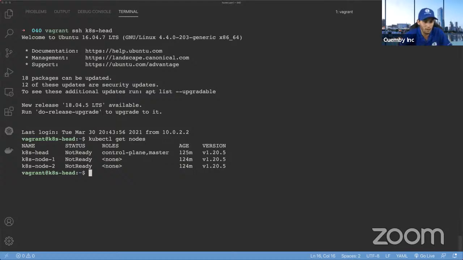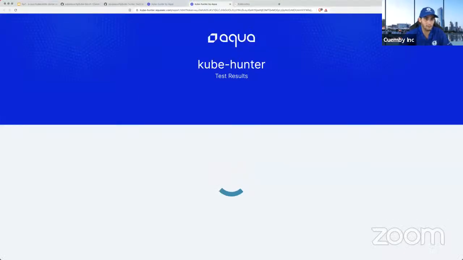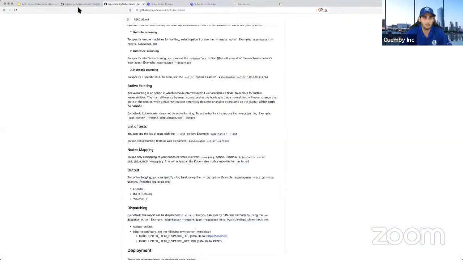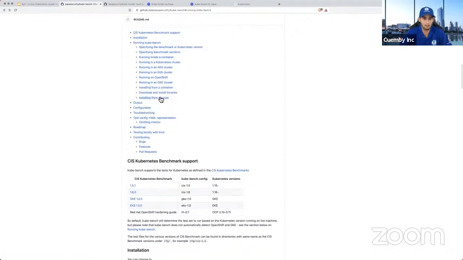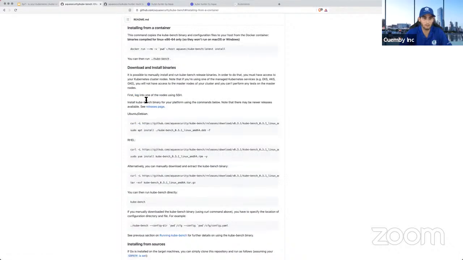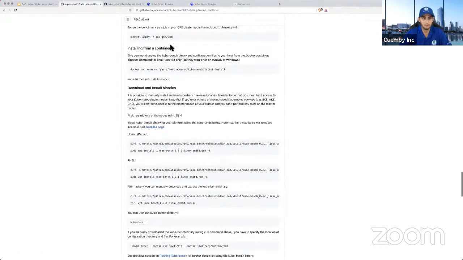Now what I can try to do is run Kube-Bench using the container approach, or we can do it with the binary. Let's get the binary. I think it's better, right? This is for Debian.